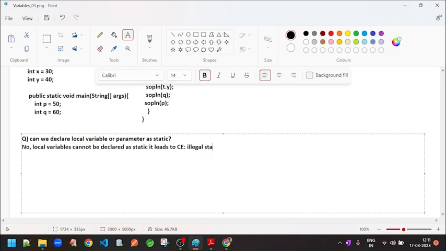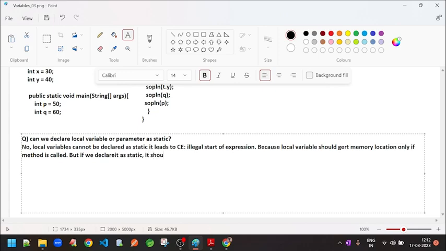illegal start of expression. Okay, because a local variable should get a memory location only if the method is called. But if we declare it as static, then it should